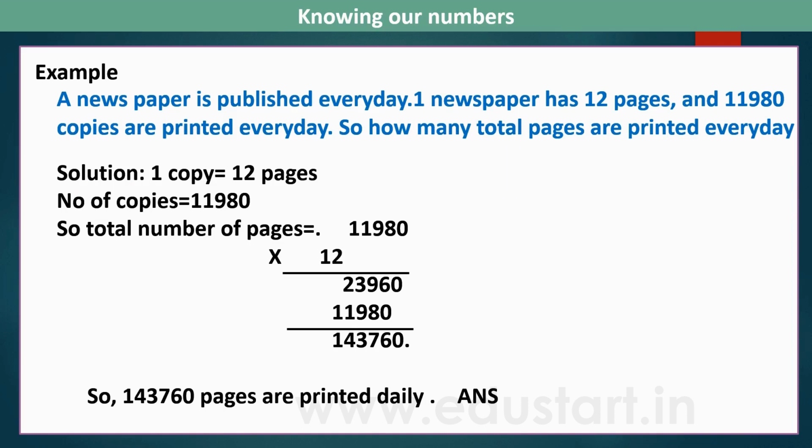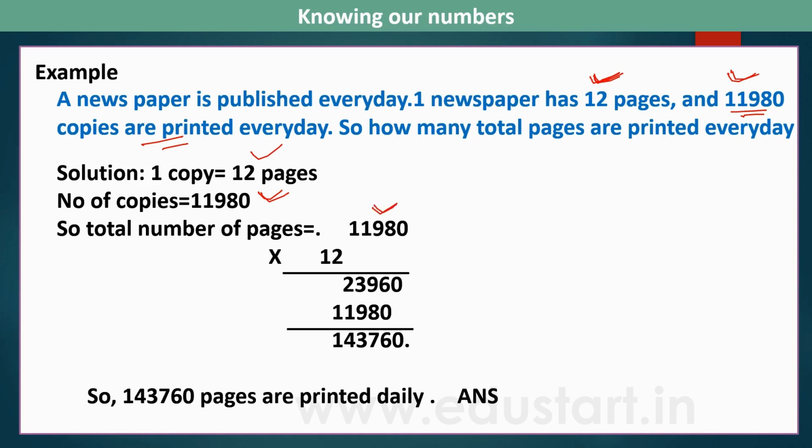Let's see another example. A newspaper is published every day. One newspaper has 12 pages. So this is something we have to understand. And 11,980 copies are printed every day. So how many total pages are printed every day? So now what is the solution? One newspaper is having 12 pages and a total of 11,980 papers are printed every day. So it means that one copy contains 12 pages. So the total number of copies is equal to 11,980. So the total number of pages that is going to be generated is